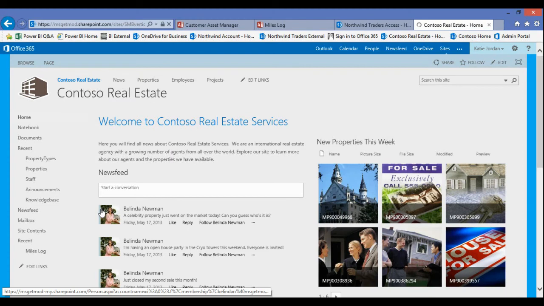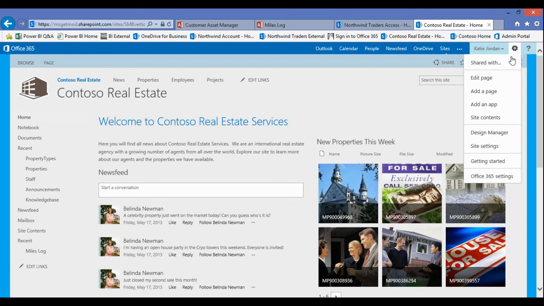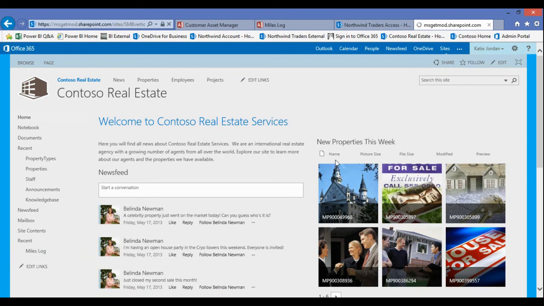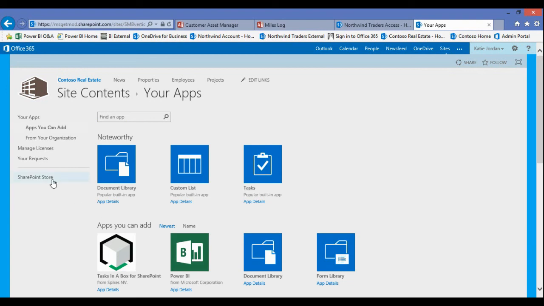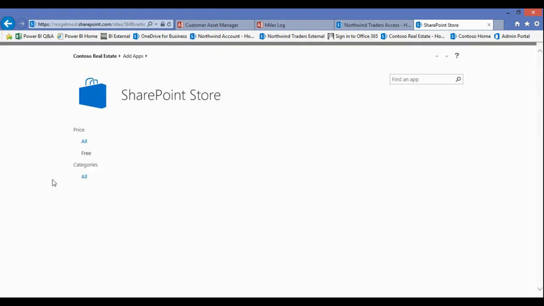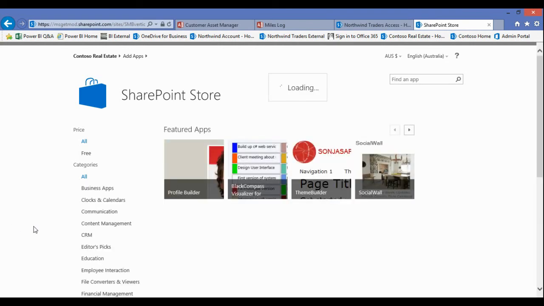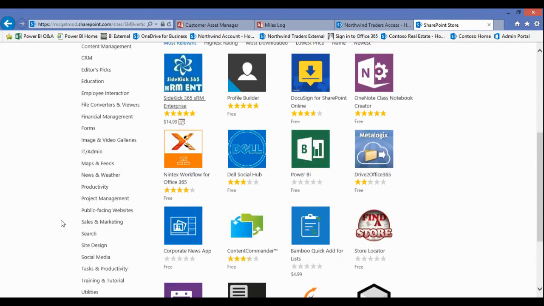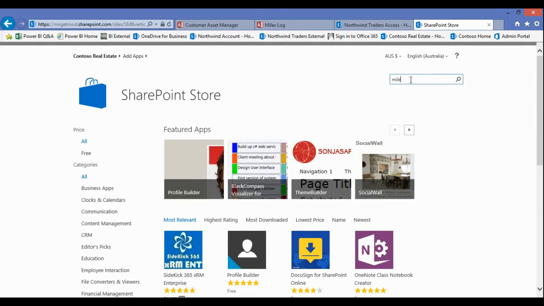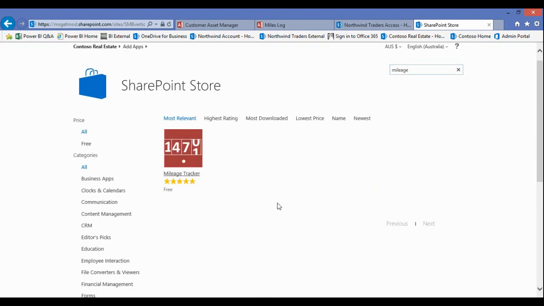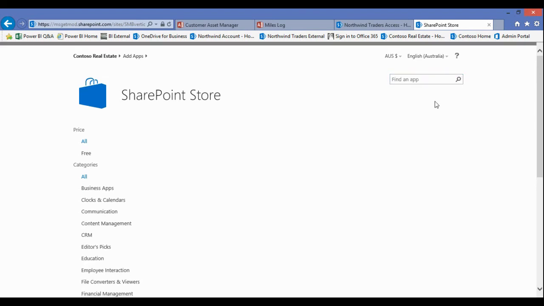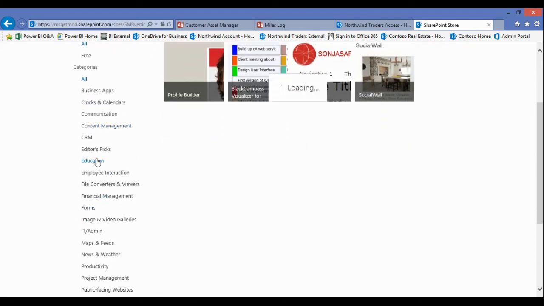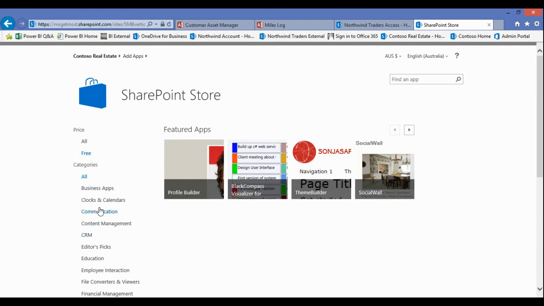Another option we have to help customers solve their problems is to leverage the applications that other people have written. So in SharePoint Online, we can add an application and we can use the SharePoint Store to find great applications that others have published and made available in the store. Many of which are free, in fact, and some of which of course are paid apps as well. Now in the case of the demo I showed with the real estate company in the other video, it was a mileage application for logging miles. So if I just search for mileage, you can see that there is an application in the store that relates to that. But if I browse through some of these other categories, you'll see there's plenty of apps in the store